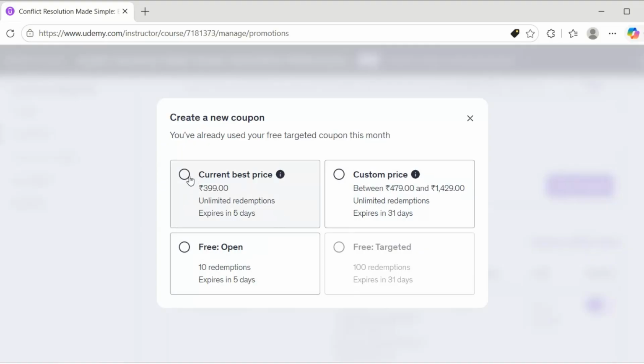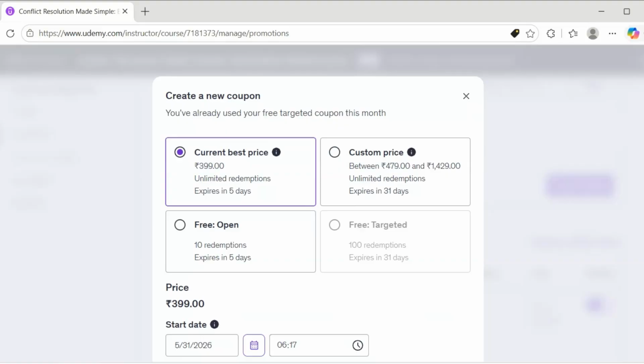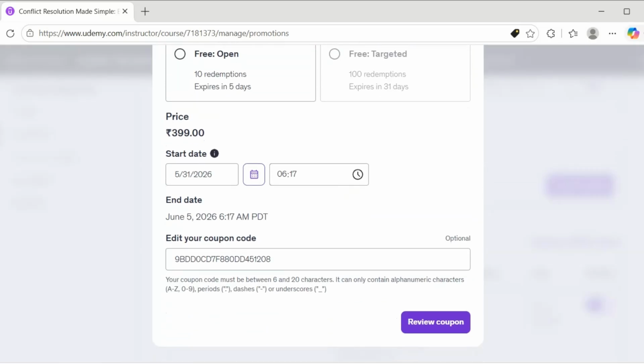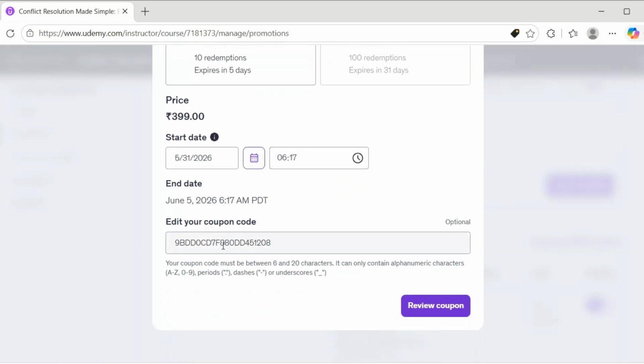Suppose I choose current. Whichever coupon is appropriate for you, the discount amount, you have to choose that. So after choosing your coupon, give your coupon a descriptive name so you can easily identify it later. This is the coupon code. You can enter a coupon code which should be between 6 and 20 characters, and it can have alphanumeric characters, periods, dashes, or underscores. So whichever name is suitable for you, say Udemy